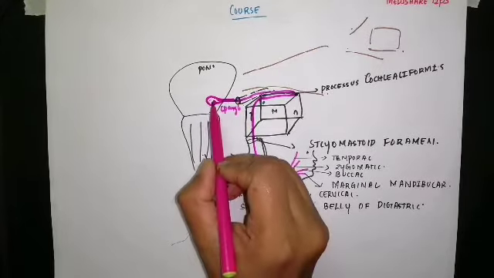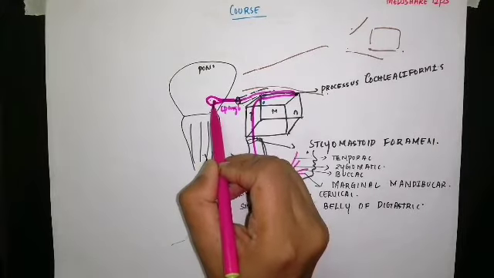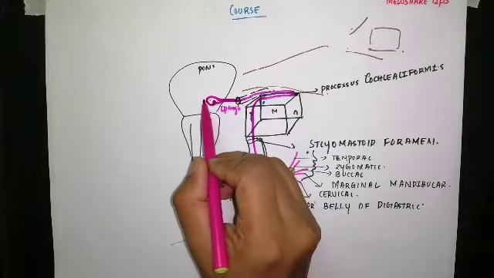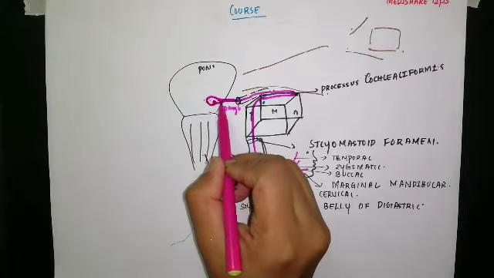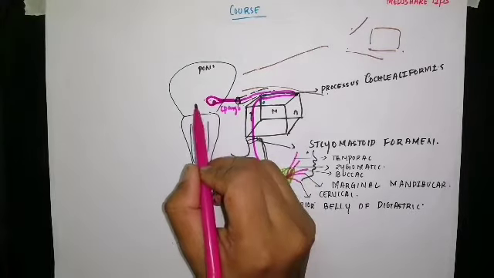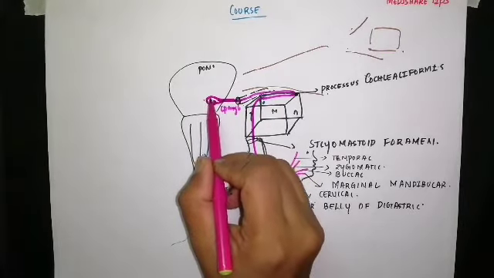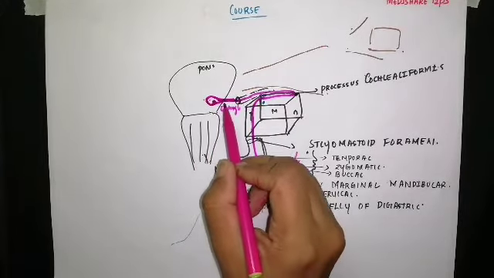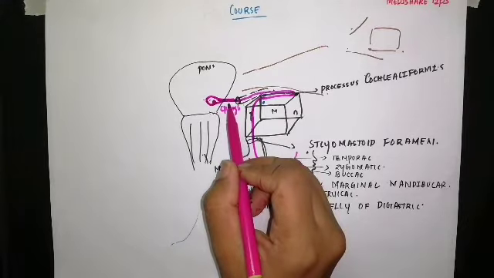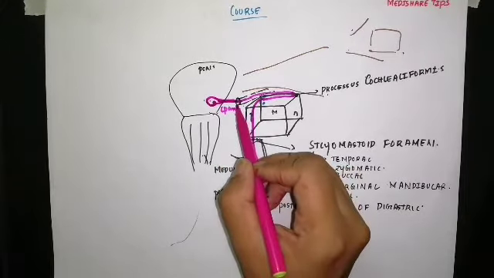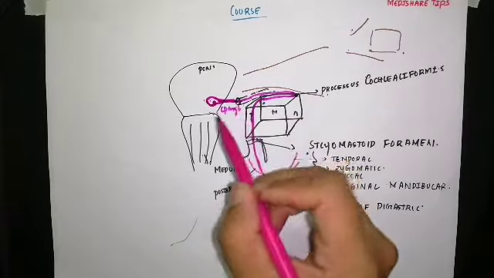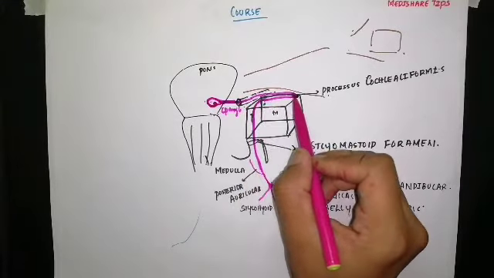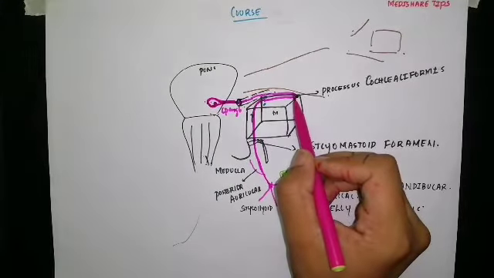So the motor root arises from the motor nucleus. It then turns backwards and encircles the abducens nucleus and forms the facial colliculus. Then it passes laterally and leaves the cerebellopontine angle and enters the internal auditory canal through the internal acoustic meatus. After passing through the internal auditory canal and reaching the medial wall of the middle ear, it takes a sharp posterior turn